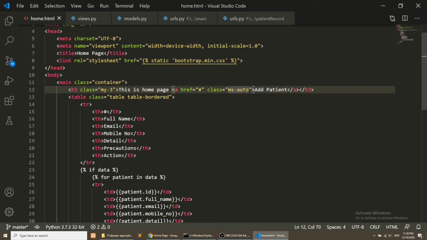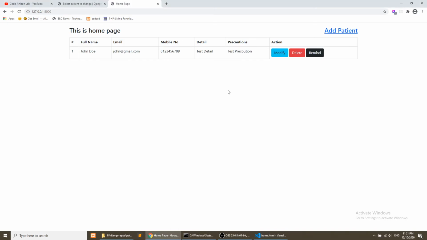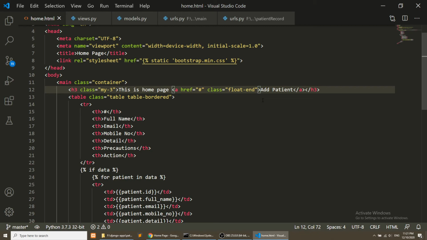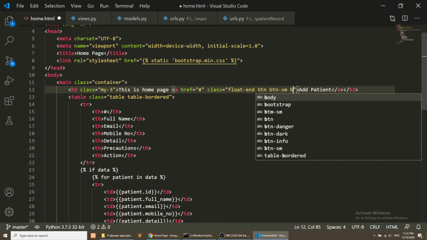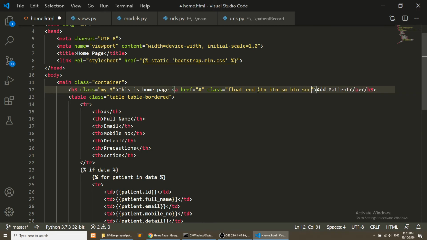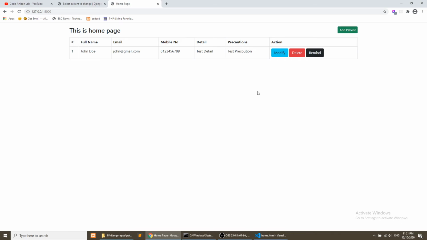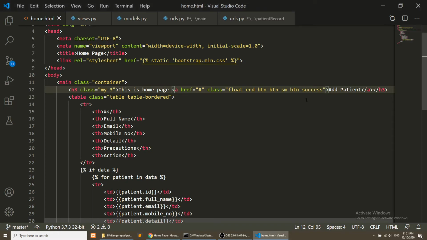So this will be float right, I think, not float right, it will be float end, because in Bootstrap 5 they have replaced the class float right with float end. And this will be a button sm, and this will be a success button. Okay, so when user clicks on this button, then it will redirect. Let's add margin top 3.